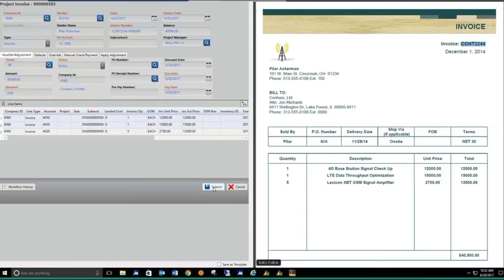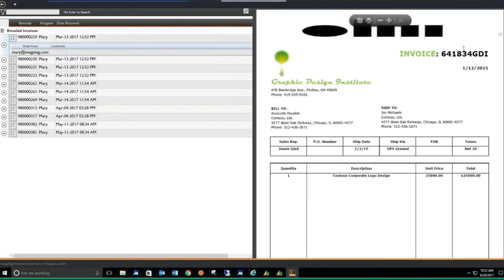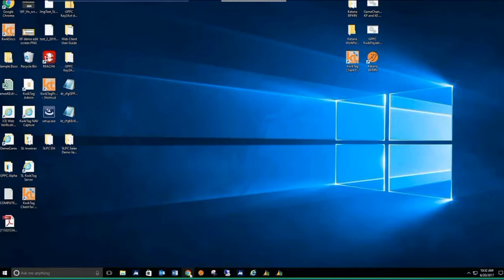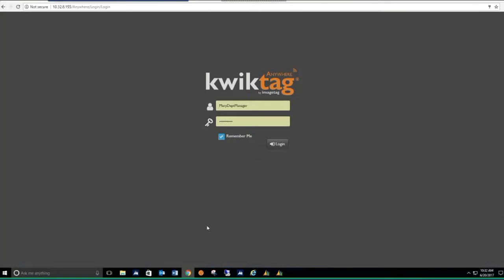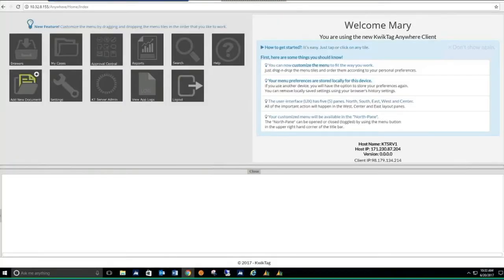So in our example, we're going to go ahead and click submit. Now remember, this is the AP person. I received this invoice. I don't know what project or task this is related to at all. So I'm just going to do the coding part that I can see. And then I'm going to send it to the project manager who's responsible then for taking that next step of approval. Well, I'm going to show you the Anywhere experience, which is a purpose-built web client for reviewing and approving